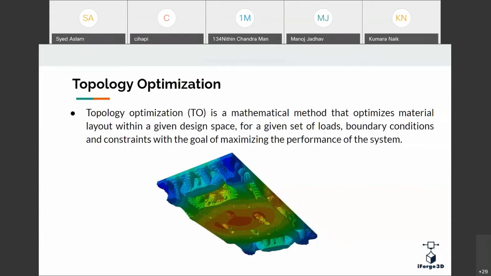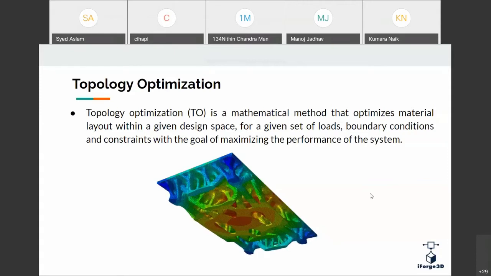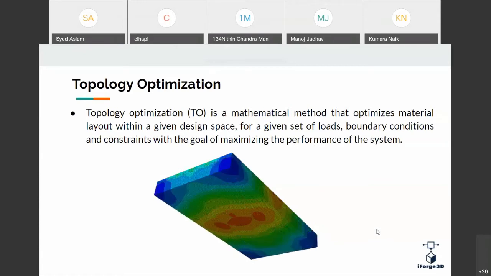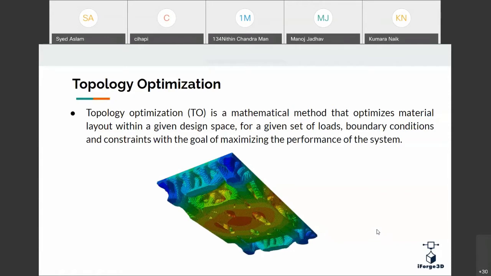So coming to the basic definition, topology optimization is nothing but a mathematical approach to optimize the material in a given portion of a product or a design. When you perform this optimization technique, it follows two things. One is the design space and the other is non-design space.